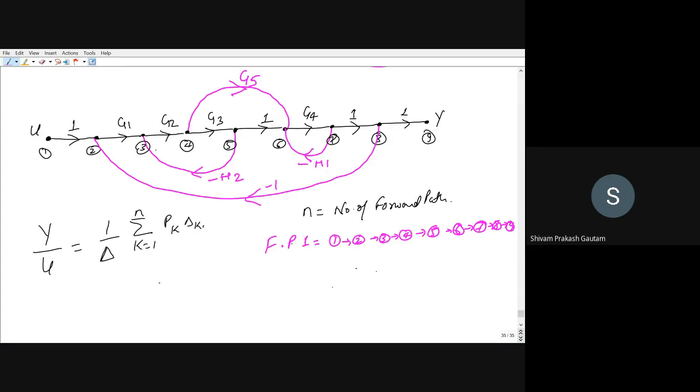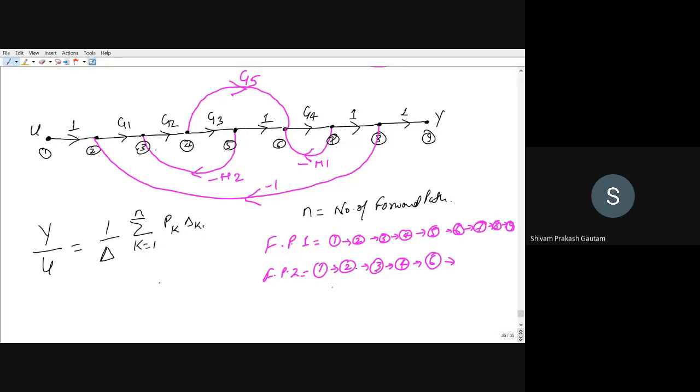Check it. So through G5, so 4 to 6. Yes. So forward path 2, the node should not repeat. Okay, so we are at node 1, going to node 2, going to node 3, just see, going to node 4. And from node 4, you can take the G5 route, the direction as well. We are taking G5 to 6. And from 4, it is directly going to node 6.